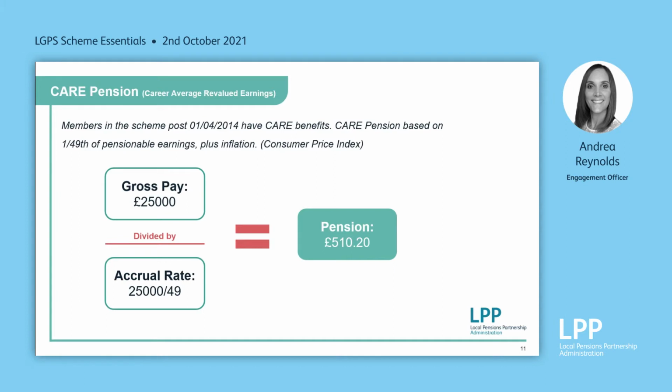Let's now look at how your benefits build up in the CARE scheme. As I mentioned, from April 2014, the LGPS changed to a career average revalued earnings scheme known as a CARE scheme, meaning your pension now builds up as an average of the pay that you've received throughout your career. For each year you work, we look at how much pensionable earnings you have received and divide that by 49, and this is the accrual rate of the scheme. If we use the example on the slide, based on earnings of £25,000 divided by 49, this would purchase an annual pension of